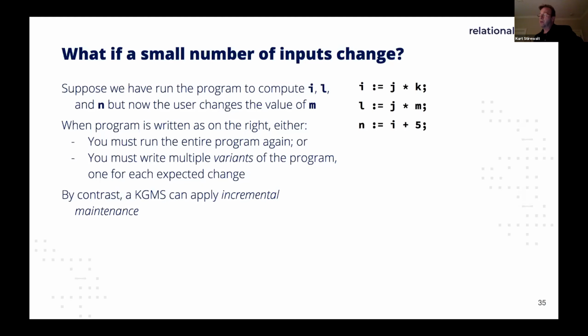Recomputing from scratch is often just wildly inefficient. And surgically updating the calculated outputs based on changes to the inputs is the right idea. It's the right thing to do. But if you have to program that up by implementing each of these variants, each variant might actually be trickier to code up than the original program, and it's a source of code bloat and also a big source of errors. Fortunately, a knowledge graph management system can automate the incremental maintenance of calculations in order to provide the same programming benefits of writing the program just once with the efficiency benefits of having a maintenance variant for each possible change to the inputs. So to make this clear,